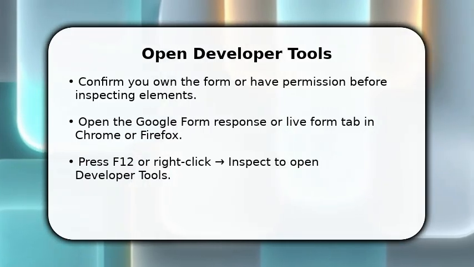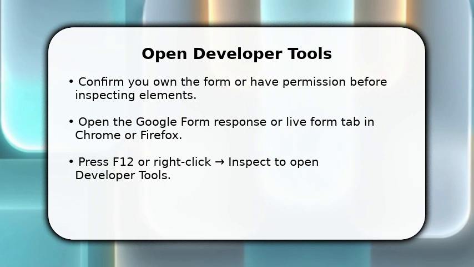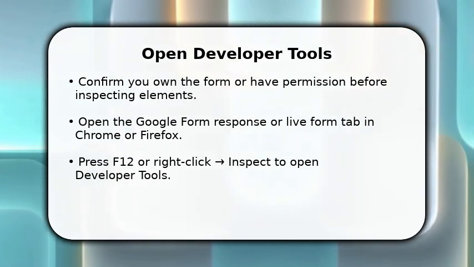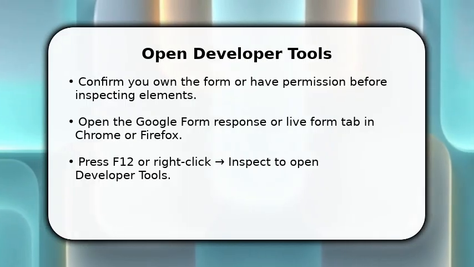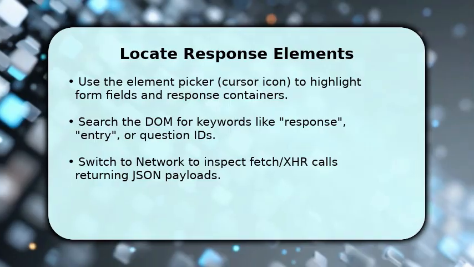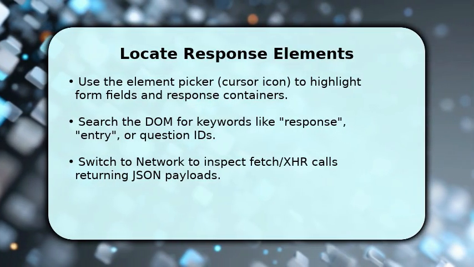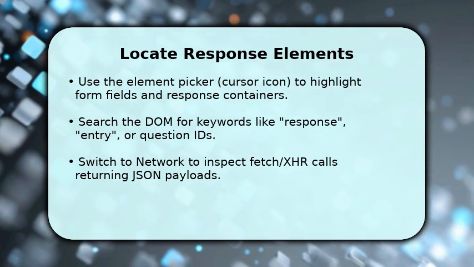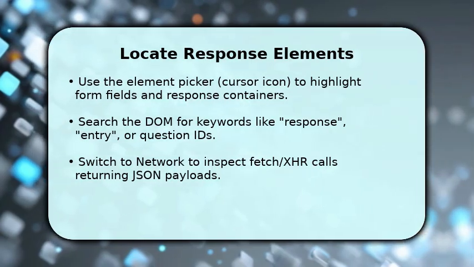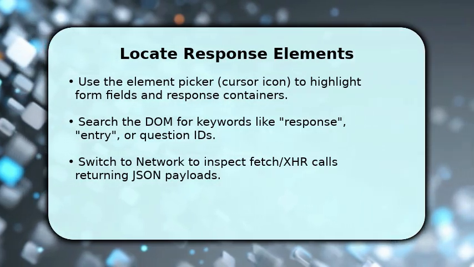Keep the console open for potential errors and the Network tab for request tracking as you move to the next step. Start by clicking the element picker and hover over inputs, labels, or the response table to reveal their DOM nodes. This shows how responses are rendered. Once you identify a candidate node, right-click it and choose Copy > Copy Selector or inspect its attributes to